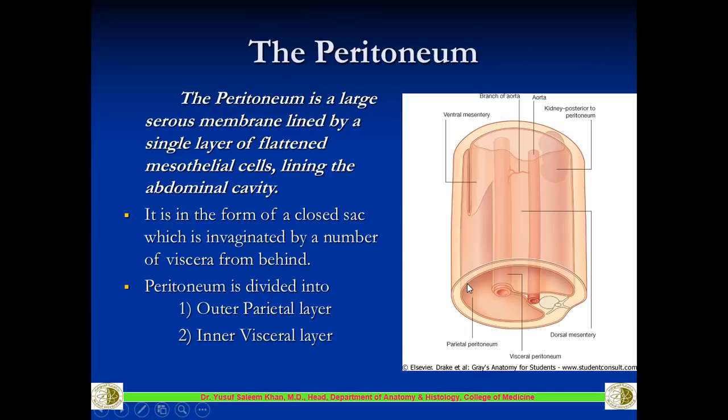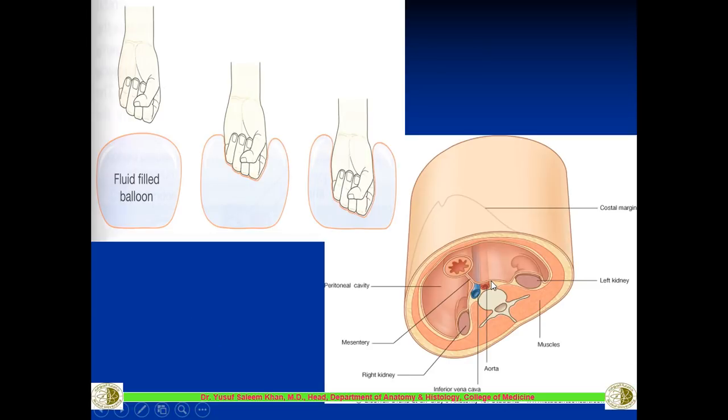Similarly, the organs in the abdomen are invaginating into this closed cavity. So you should remember, this is a closed cavity, especially in the case of males, and in the case of females it is open, which I will explain later. So imagine this as a closed cavity, with all these organs invaginating, pushing into the cavity, just like this. So whenever you talk about the organs within the peritoneal cavity, they are not exactly inside the cavity, but still outside, lined by the